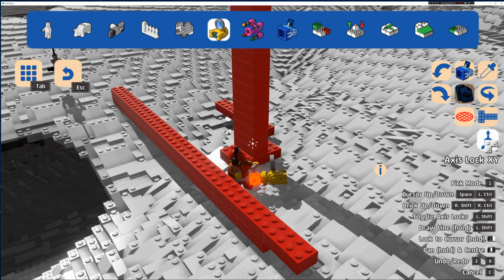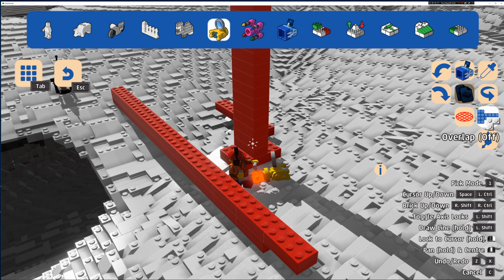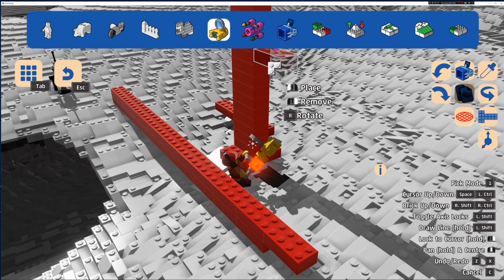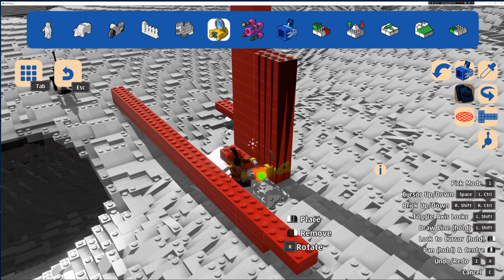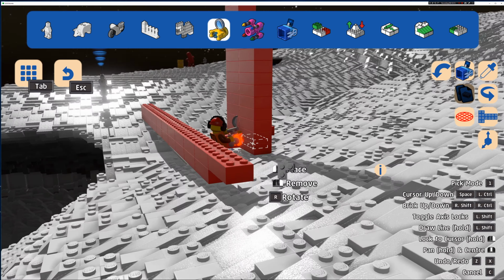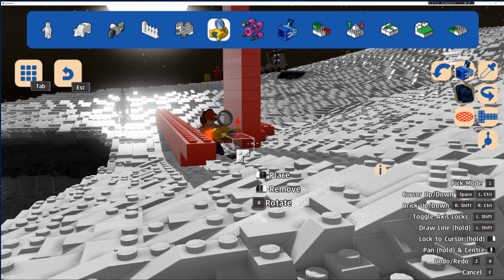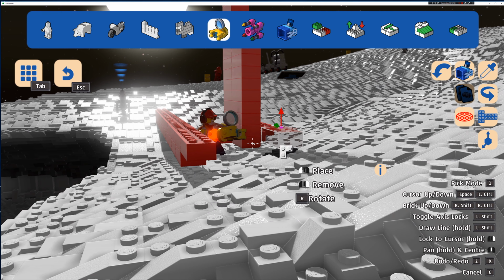We talked about changing the axis. Now let's talk about overlap. Right now, overlap is turned off. This means that when I drag bricks, they will automatically stop at other bricks. They won't go any further. This means that you'll be left with spaces at the bottom, where the bricks you're building run into other bricks